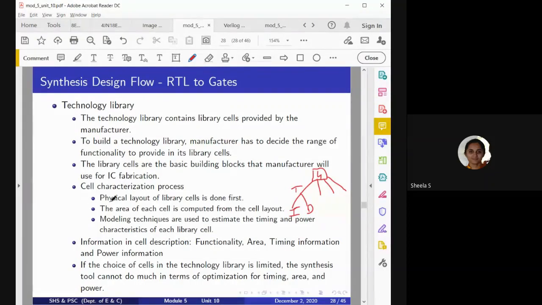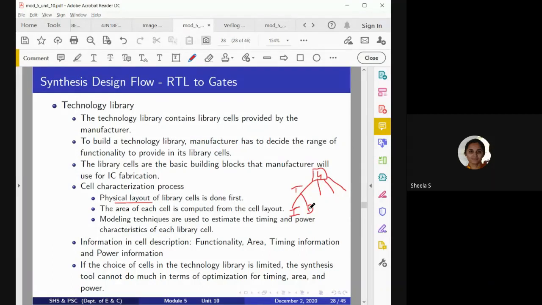So we should know the layout of the circuit I am considering, and then I should know how much area it will take. Whether it is occupying a larger area or a smaller area. If it occupies a smaller area, then we can consider more components.